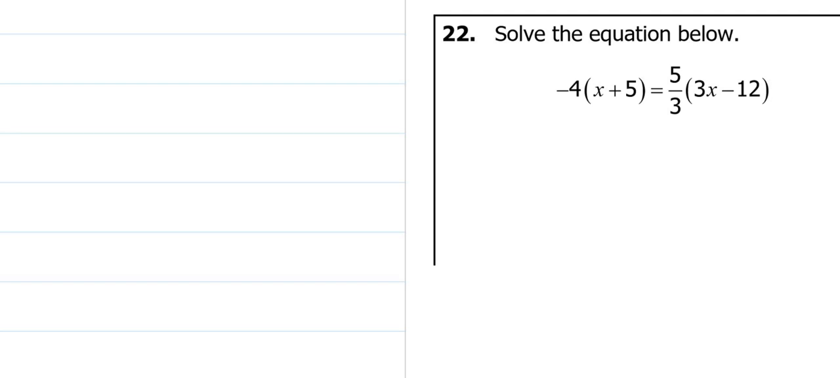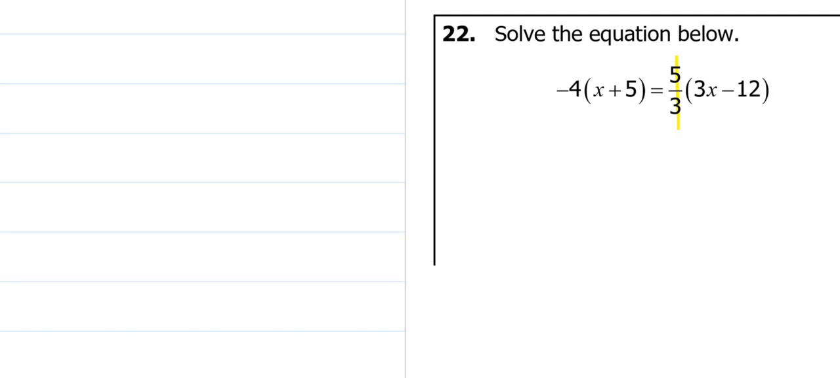Solve the equation below. Now, looking at this equation, we have two sets of parentheses on either side of the equal sign. The one thing that makes this question look a little bit awkward and maybe more difficult is the fact that we have a fraction as the coefficient to one of our parentheses. We're going to talk about how we're going to distribute that out, but let's start with the parts that we